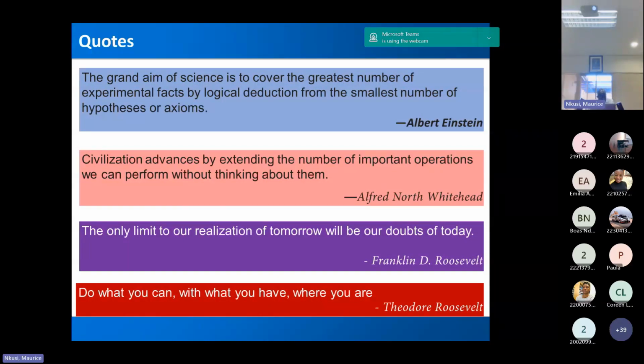Do what you can with what you have and where you are. This is very, very critical because this explains the concept of sustainable development. So don't try to do what you cannot. You can't give what you don't have, isn't it? So do what you can with what you have. It's very important not to focus on what we don't have. We focus on what we have, and we use what we have maximally to ensure that we get the result we want. And wherever we are, we should be able to do what we want with what we have.